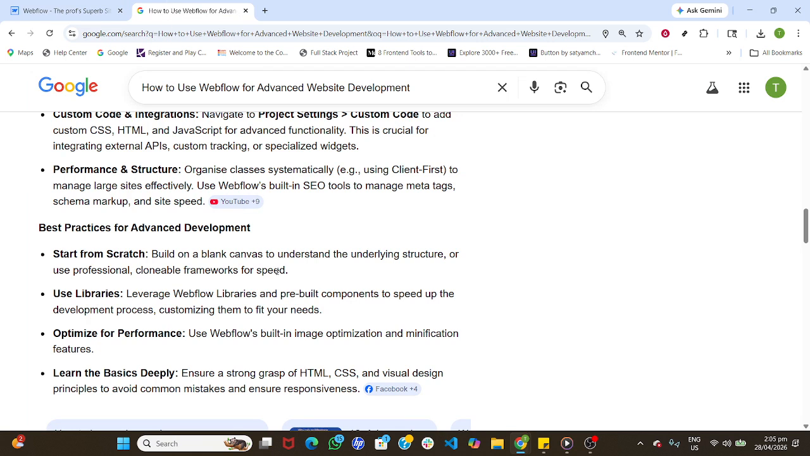Dial in responsiveness. Test across common viewports, adjust grid areas and flex behavior, and prevent overflow with sensible maximum widths. Finally, cover advanced SEO and launch. Set logical meta titles and descriptions, add alt text and open graph images, configure